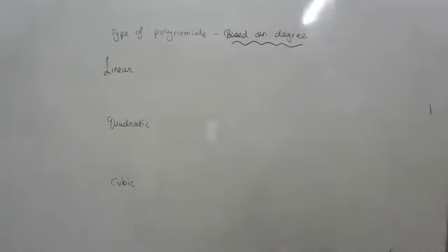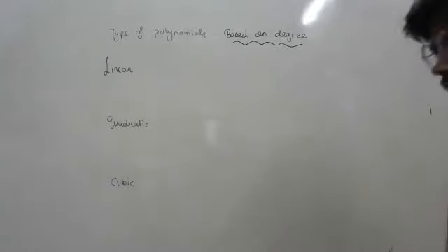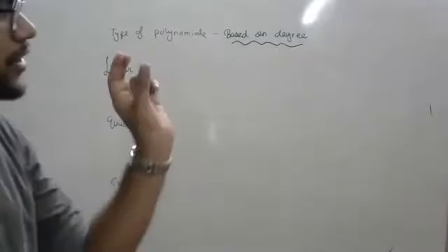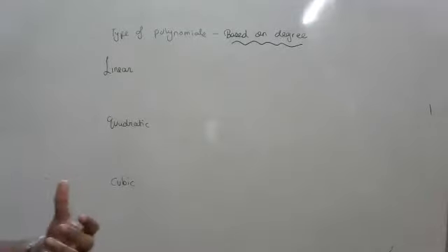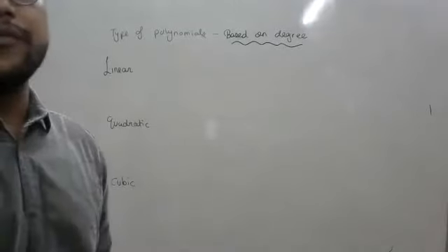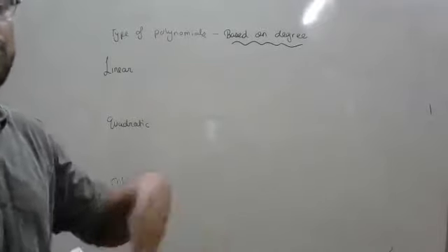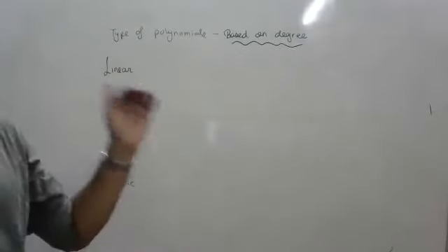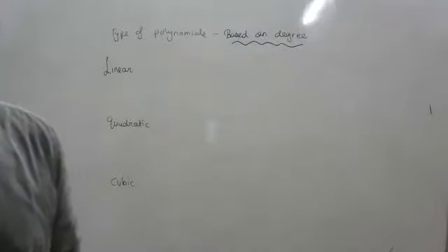There are various classifications of polynomial. You can also classify polynomials based on the terms, which you have done in your previous grade. When you find the type of polynomials based on the number of terms, if there is a single term, we call it monomial. If there are two terms, we call it binomial. If there are three terms, we call it trinomial. And if we have more than three terms, we do not use a general name. We just call all of them polynomial. Even monomial, binomial, trinomial, they are polynomial. They are types of polynomial.